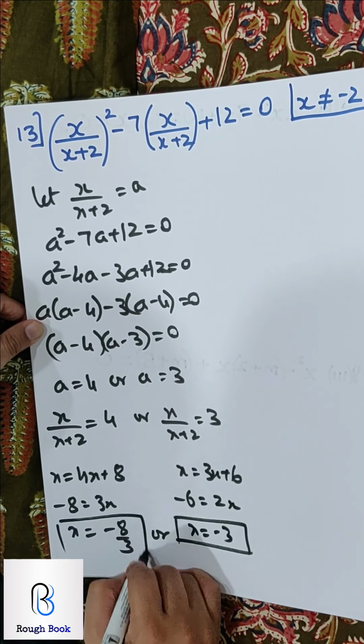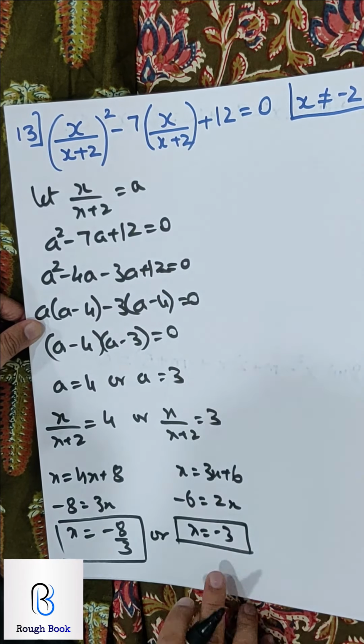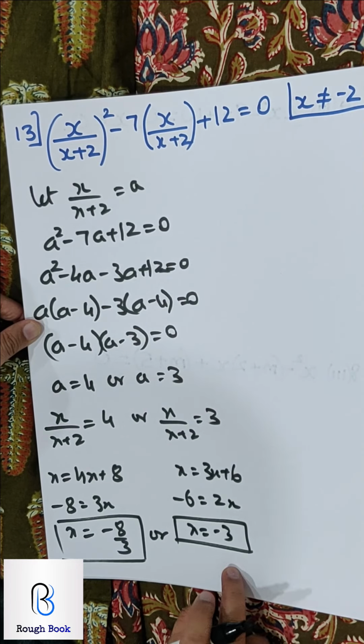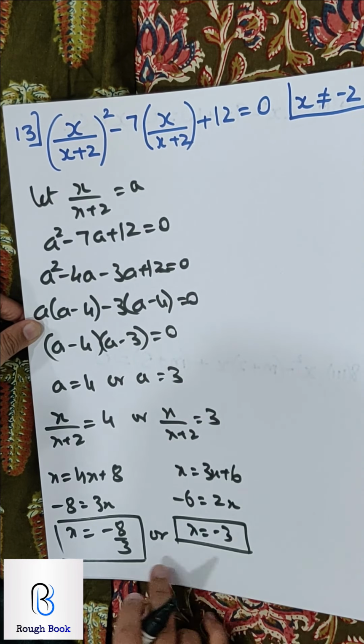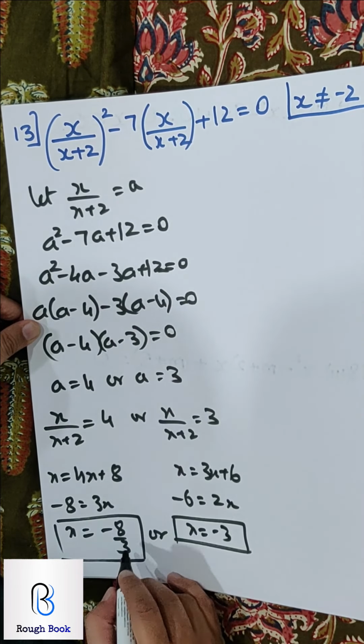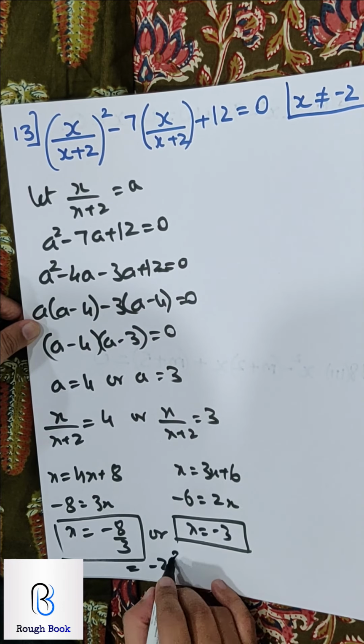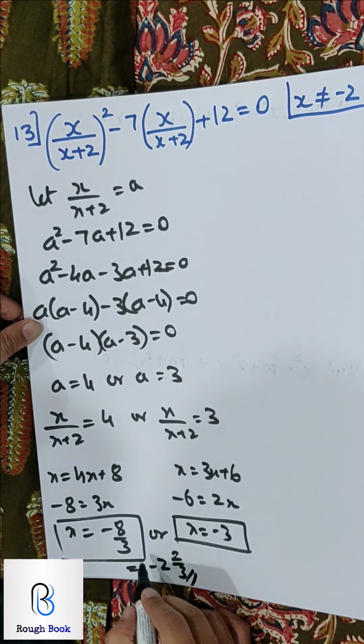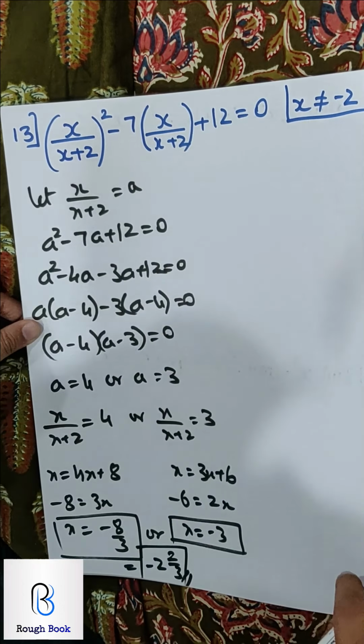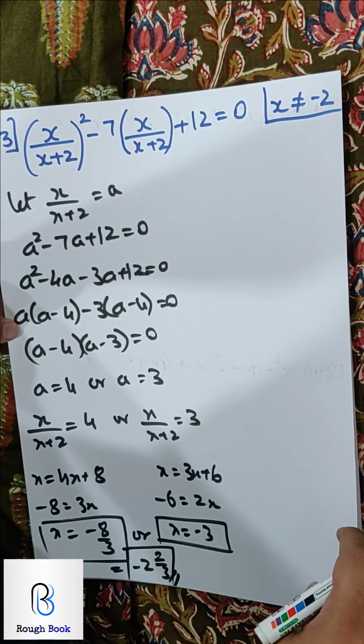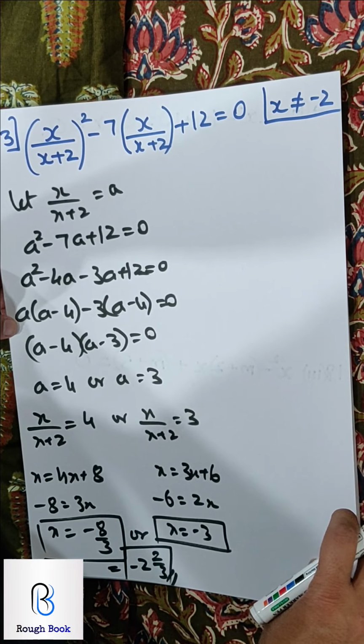So I get two answers for x. They said x is not equal to minus 2. We didn't get either of them. So whatever we've got, I think we are through with it then. So this you can write further as minus 2 by 3 in a mixed fraction form, and this in your regular answer form. Yeah, how many managed to get this? Cool, good job. Let's go ahead.